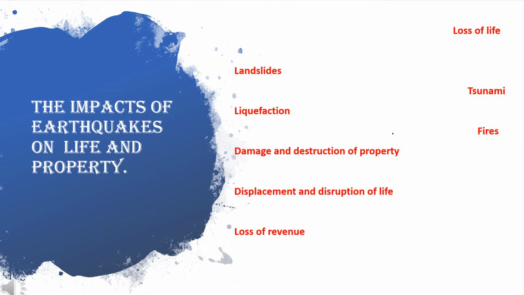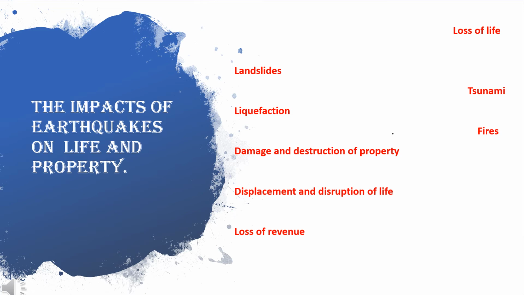If you can recall, in 2010 the earthquake that ravaged Haiti killed over 300,000 people and destroyed buildings, roads, schools, and businesses, leaving many without homes and causing a lot of sicknesses due to the fact that infrastructure was destroyed. Some other impacts that earthquakes can have on us and our environment: